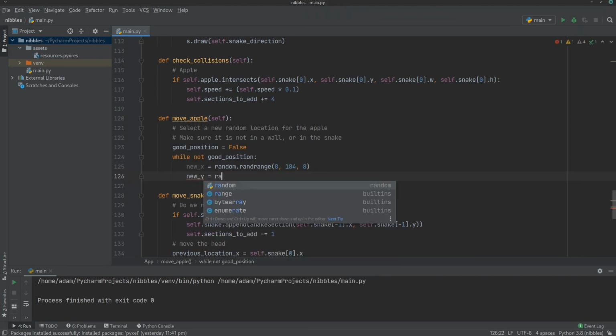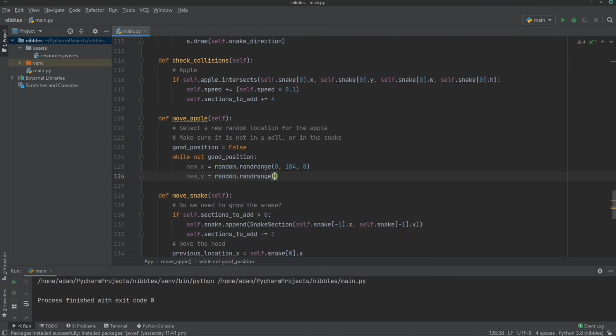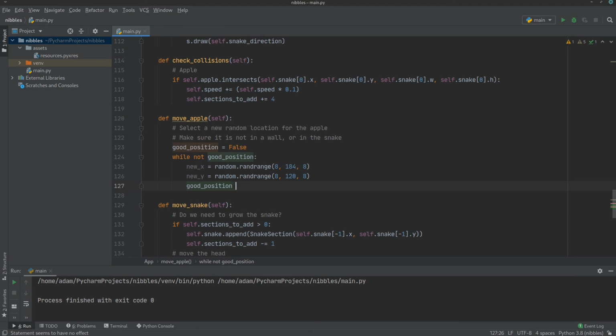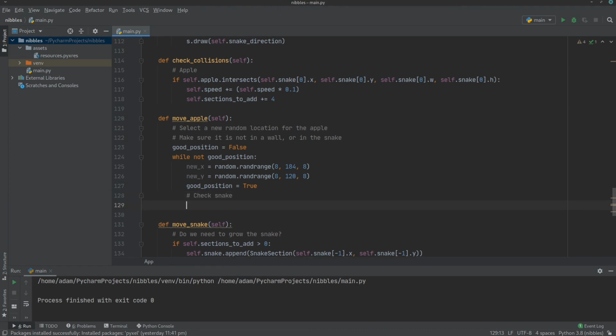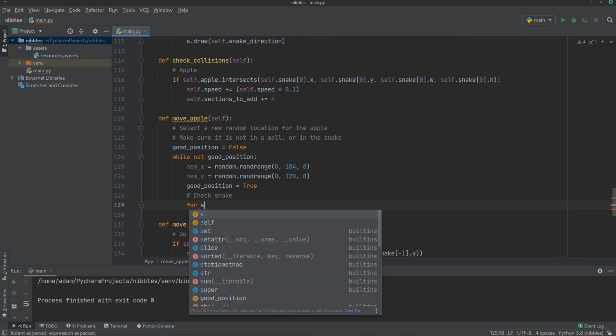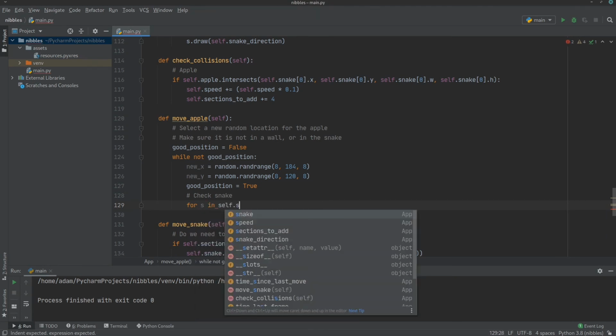New y equals random dot randrange. Same again, but we're doing 120 because the height of our game is 128. Now we're going to assume that our good position is true here, and then we're going to test that. Because we don't have any walls, we're only going to check for the snake first. So check snake. To do that, we have to iterate through every part of the snake, unfortunately. So for s in self.snake,